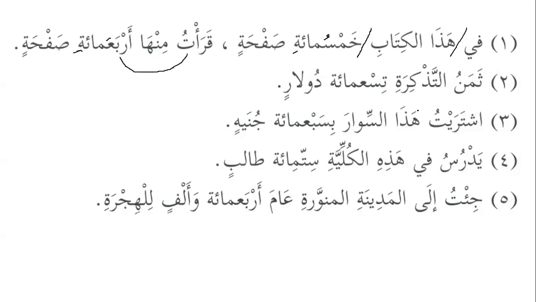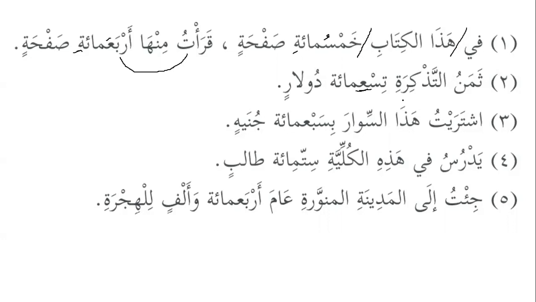Okay. ثمن تذكرة, the price of the ticket, is تسعمئة. No, there is no ta marbuta, so the ending of the ain. ثمن التذكرة تسع, it should be tis'a, I think. Okay, anyone else? Try to break it down. This sentence, the price of the ticket, is a nominal sentence.